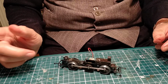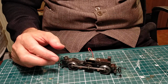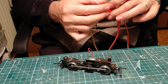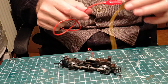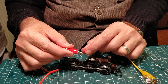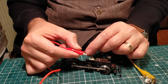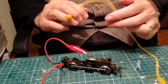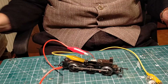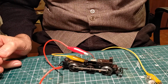Okay, right. Okay, look, let's do the electrical conductivity test now. Very important. Let's see what happens. Let's see if this has been a successful job, or if bad language is going to be required. So as we did in the previous video, here's my nice little bulb. I remember fitting red to this is the contact that comes from the pickups. Yellow will just go to the chassis, so that's the chassis that picks up from the axles. Righto. And now we'll connect our Lima track controller and see if the light bulb lights, which is slightly out of sight,